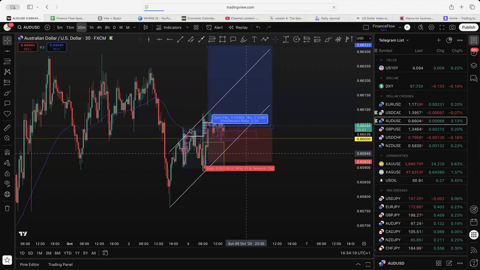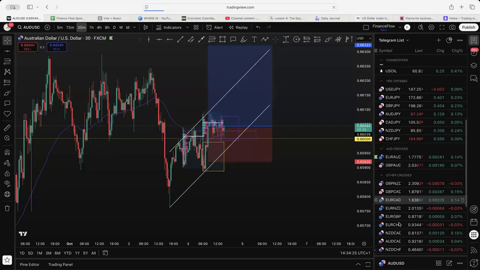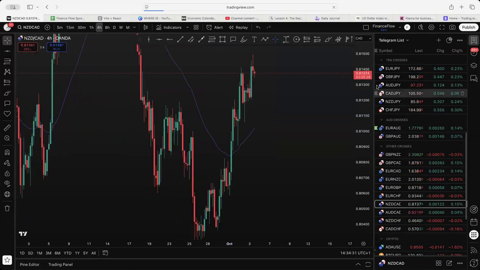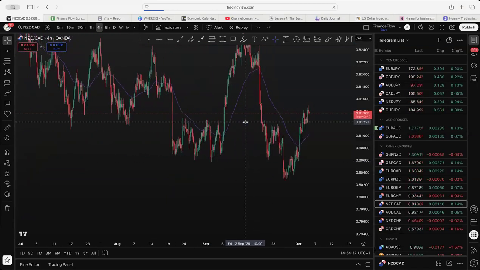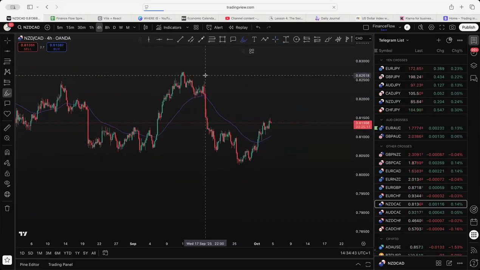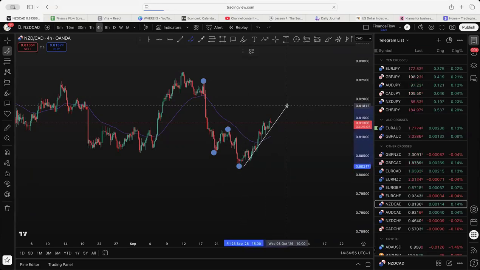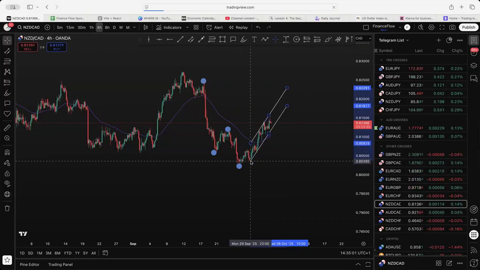Mohar, check NZD CAD on the 4-hour chart. NZD CAD. I don't normally trade this because you couldn't get two slower currencies if you tried. So we've got NZD CAD on a 4-hour chart. I'm not sure obviously what you're looking at here, but one thing I'd always recommend, look at trend. So I'd class this as one whole leg here. What's also quite clean here is a nice little uptrend forming.